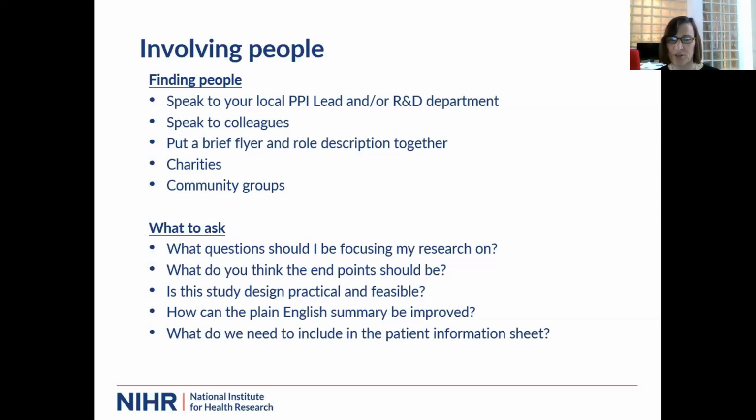That's when there's a joint ownership and shared responsibilities right from the inception of the research study all the way through all the different parts of the research cycle. But as I say, I'm assuming that most of you are quite new to PPI, so I wouldn't advise that you jump in at the deep end, as it were. I would advise that you start small to gain some experience and confidence. So I've listed one or two ideas of